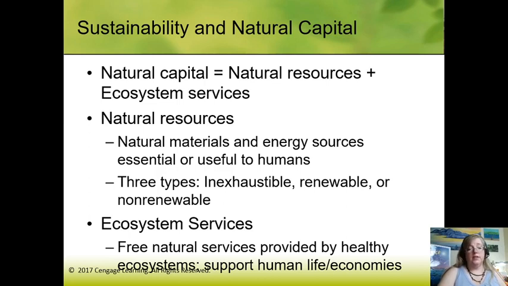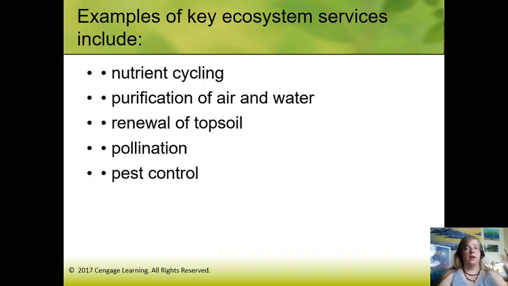The ecosystem services are like the natural services provided by the healthy systems to support life and economies. Water filtration, oxygen and carbon dioxide cycling. All right, those are the ecosystem services. So by adding the natural resources and the ecosystem services, we get our natural capital, which is our paycheck from the earth, how we survive. And here are the examples of the ecosystem services, like I just said: nutrient cycling, purification